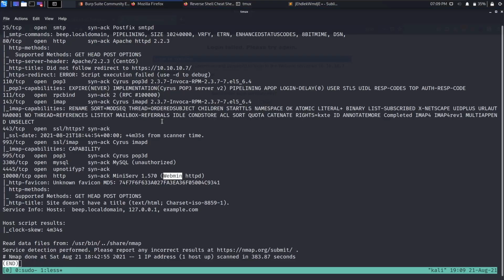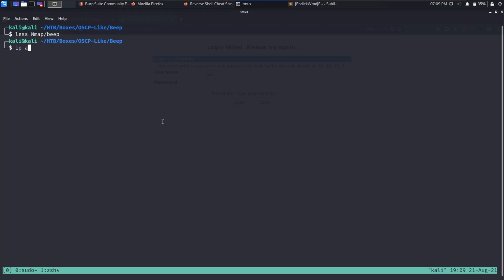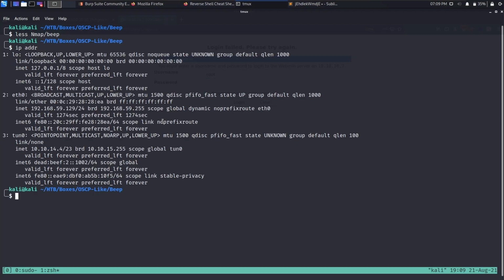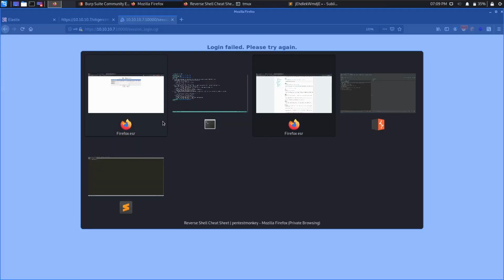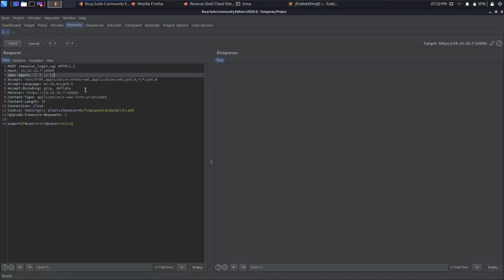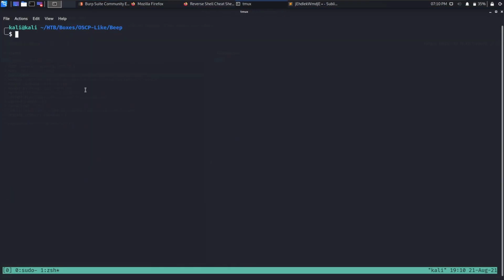So I do need my own IP address, which is 10.10.14.4, and let's do this here. 10, 14 and 4. So let me do 1, 2, 3, 4 for the port number, and before I actually run it, let me start a listener,